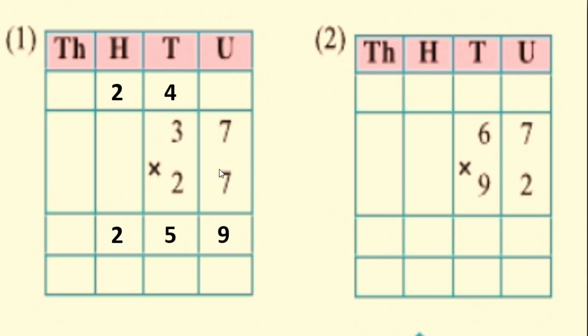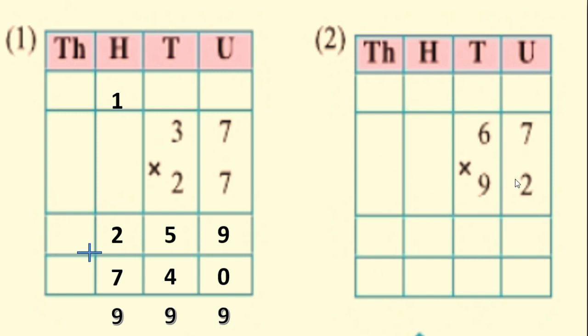Now this is over. Now we will multiply 37 by 2 tens. So we will put 0 here first. Okay. Now 2 sevens are 14. 4 I will write here. 1 is carried over to hundreds place. 3 twos are 6 plus 1, that is 7. Correct? Now we are going to add these two numbers. 9 plus 0, that is 9. 5 plus 4, that is 9. 2 plus 7, that is 9. Isn't it? 999.